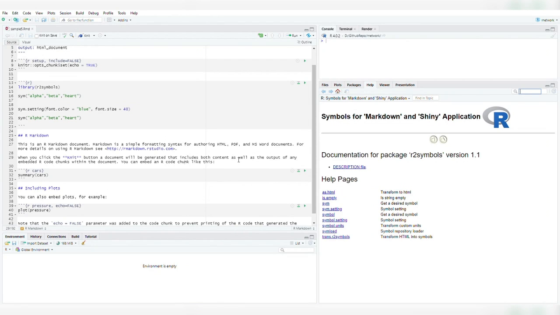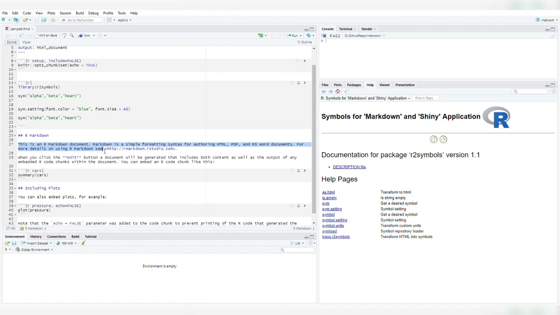Now, for the last thing, I want to show you how to use the new functionality in version 1.1, which is the trans R2 symbols. And that simply transforms your entire HTML document using the R2 symbols. And with this, you would not have to go typing in the symbols specifically and making settings and things like that. You can do all of that just in one. And the very simple way to do this, I am going to